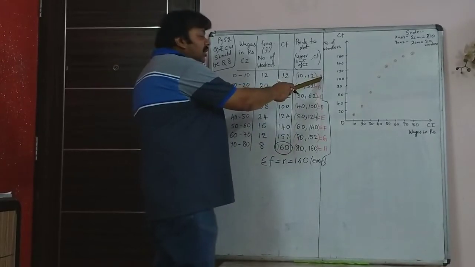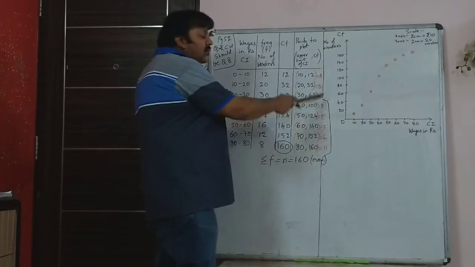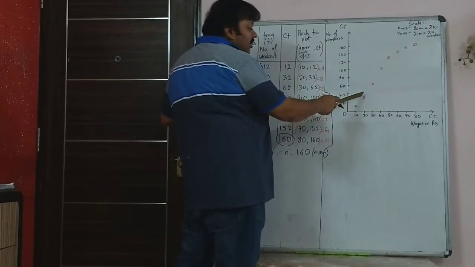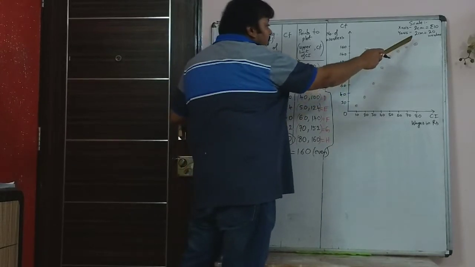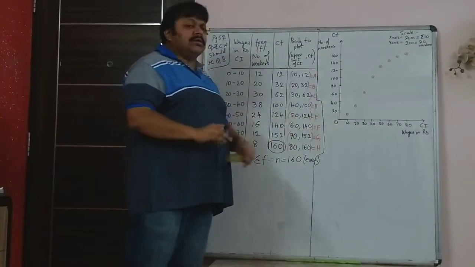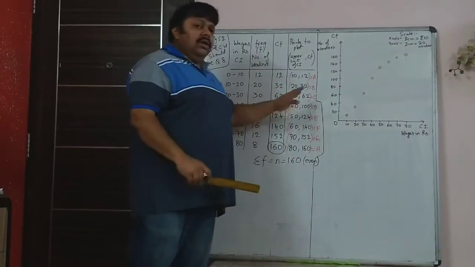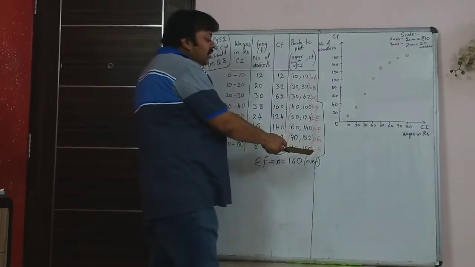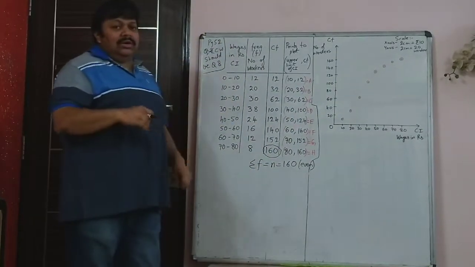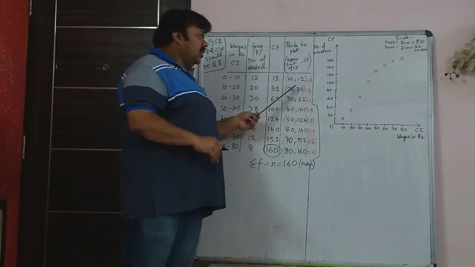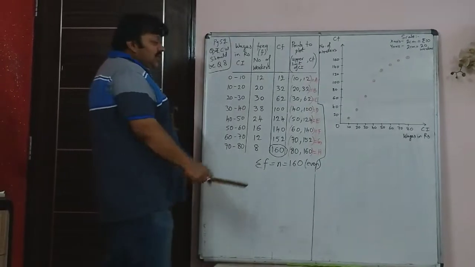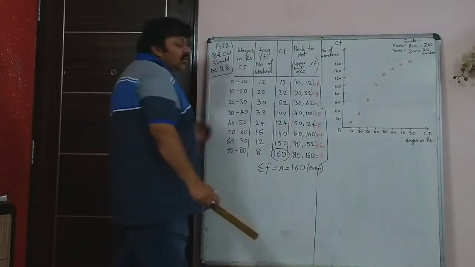I have called it point A. Some school teachers insist that you write A, B, C, D, E, F, and then once you draw the graph, you will plot this as A, B, C, D, E, F, G and H. So you will mark it like that. Some other teachers say you can directly write the coordinates there, and some other teachers are okay either way. I suggest that you write it as A, B, C, D, E, F, G, H, because writing the full coordinates there may make the diagram a little untidy. But it is okay even if you write the coordinates or call it A, B, C, D, E, F, G, H. So now, before you plot the points, just have a look at the scale.